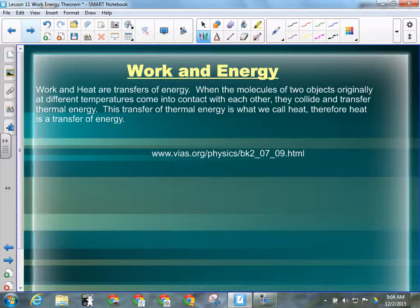Okay, so work and heat are transfers of energy. Remember that heat is a transfer of what kind of energy? Thermal. Work's a transfer of mechanical. All right, so